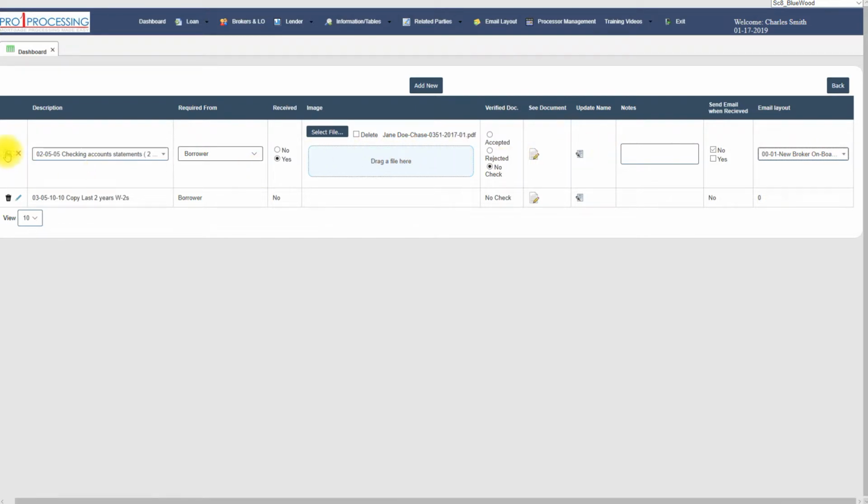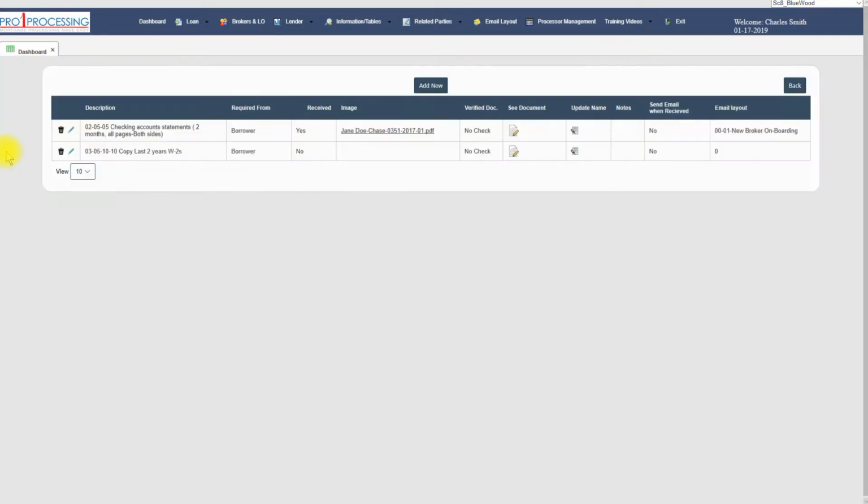So we click on the arrows, and that document has been loaded. Let's go back